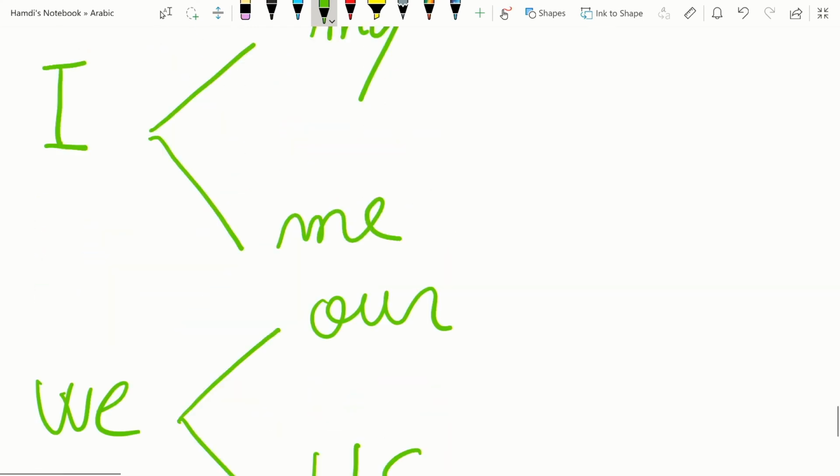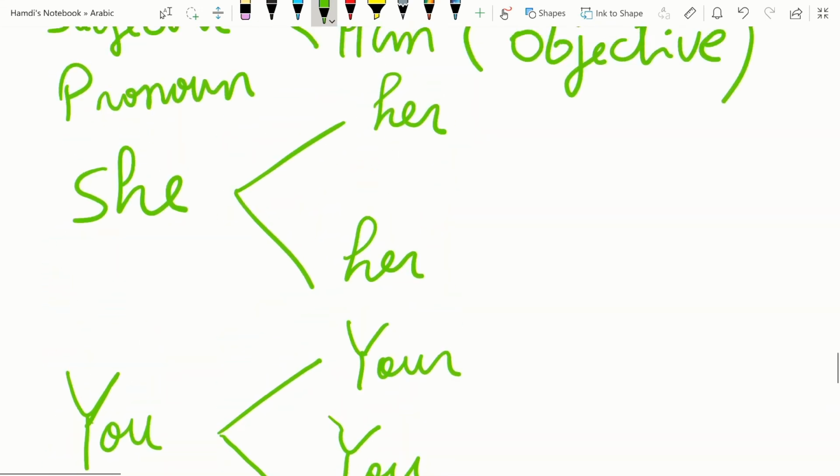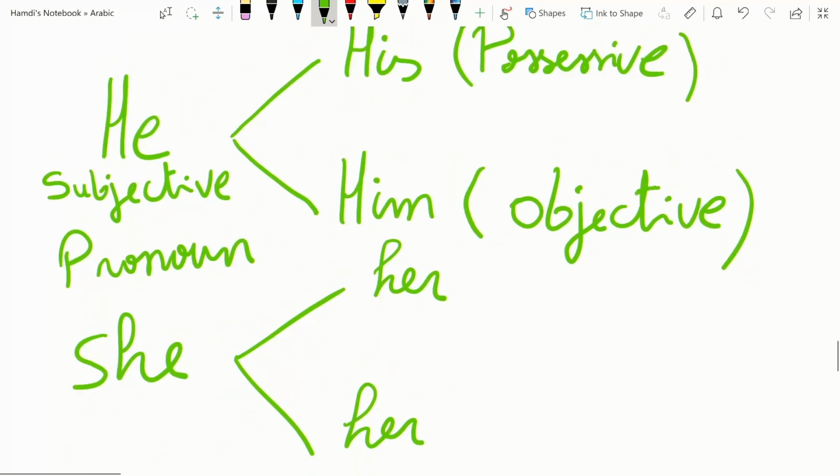Okay. So that's the logic in English, right? So from each subjective pronoun, there is a possessive pronoun that corresponds to it, and an objective pronoun that corresponds to it. In Arabic, we'll see that we don't have two; we only have one. So for each detached pronoun, we have an attached pronoun that would correspond to it. مفهوم؟